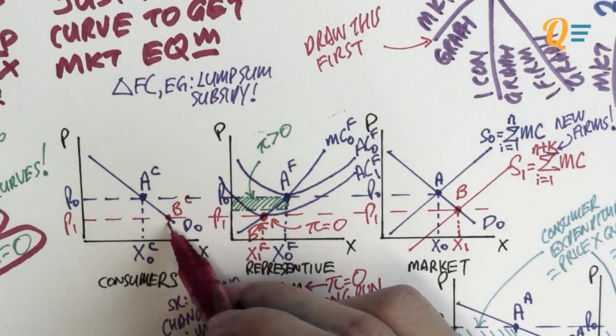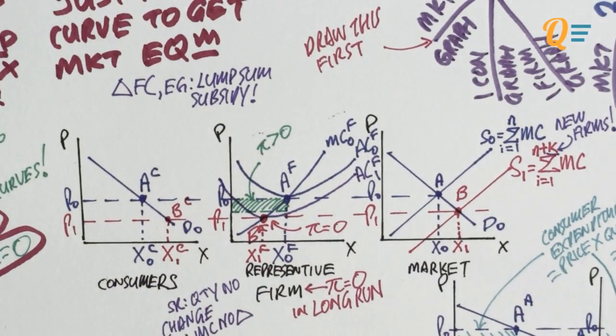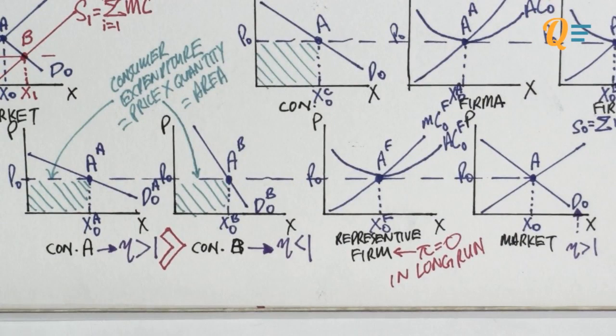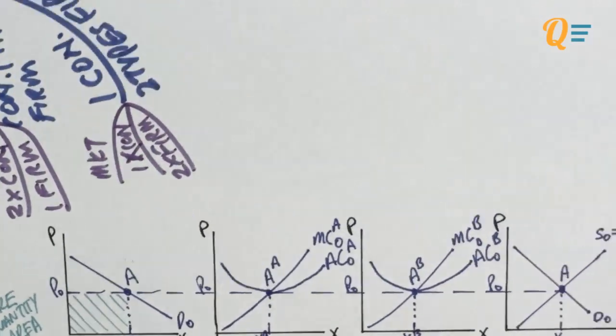That is why they are making zero profits. Okay, so see, it's that simple. This is a long run mechanism, the basic long run mechanism that a perfect competitive industry goes through. I intend to take a more progressive approach in this video so that I can slowly introduce you to more advanced mechanisms in the perfect market structure.